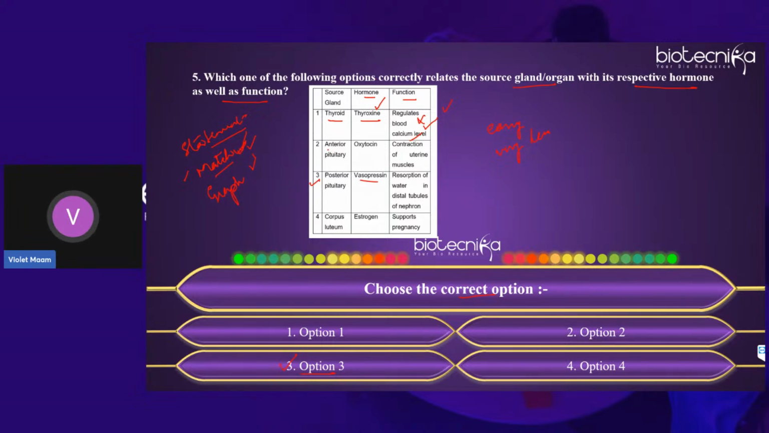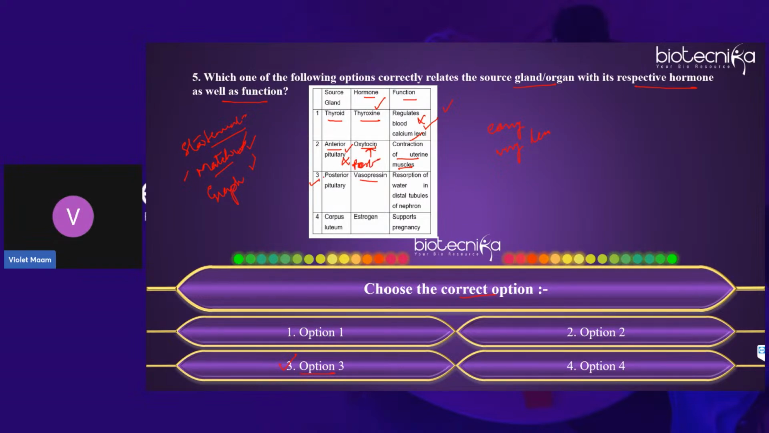Then second one is anterior pituitary hormone oxytocin, contraction of uterine muscles. So oxytocin is not released by anterior pituitary, right? So by which gland it is released? That is why this is not correct. Oxytocin is released by, quickly, anybody remembers? Posterior pituitary, right? Ashu, correct. So it is posterior pituitary, students. Okay,